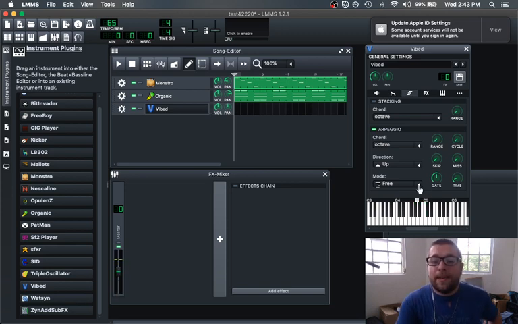What we could do to make it even more interesting is to make a randomized arpeggiator so that we're not even necessarily hearing the pattern repeat itself. It's going to be randomized every single time algorithmically. Put it in syncopated mode, bring that gate, make it nice and tight. Nice.